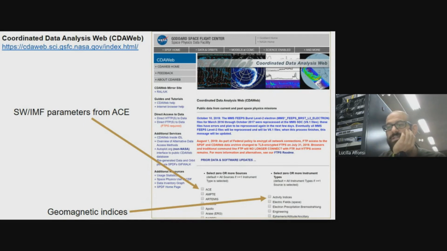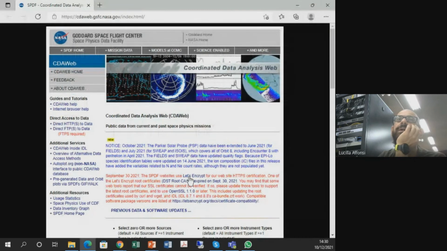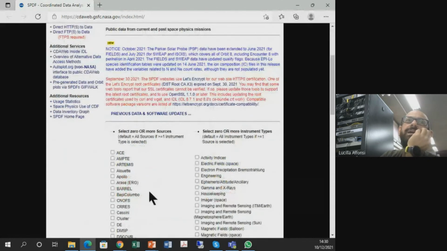So let's go to the CDA web portal. This is the home page from which you can select the instruments and satellites you are interested in. In our case, for example, here we can retrieve the IMF data and some of the geomagnetic indices and solar wind parameters. So we can select this ACE